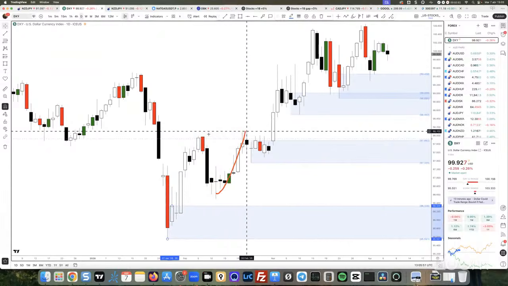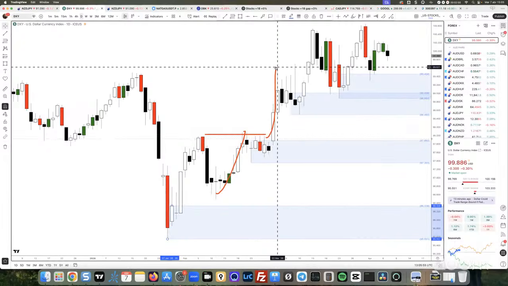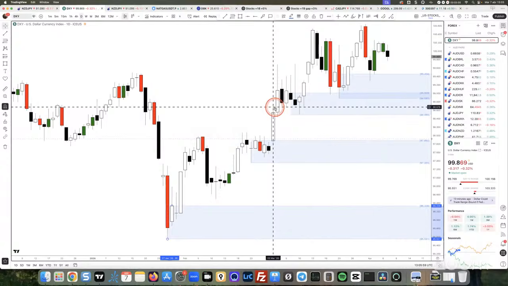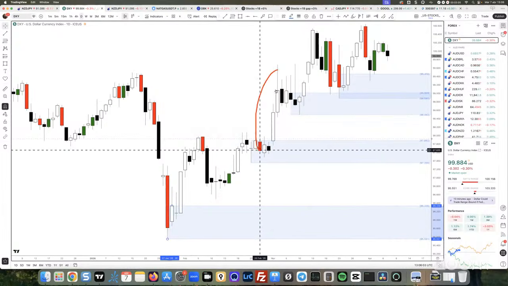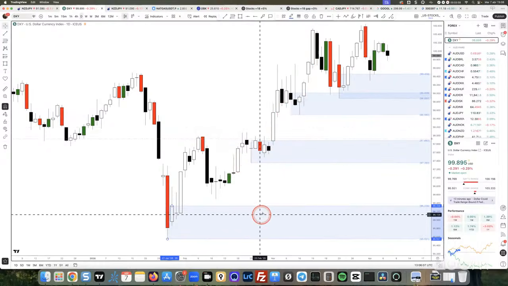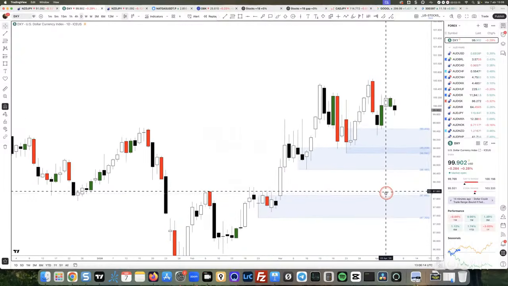A strong rally that breaks the high. Another strong rally. Look at the strength of this price action on the candlesticks. Look at the width of these candlesticks here. Two large candlesticks. Then price rallies again without pulling back to any of these levels, which is unfortunate, but that didn't happen. What can we do about it? Nothing. We just cannot be in all trades.